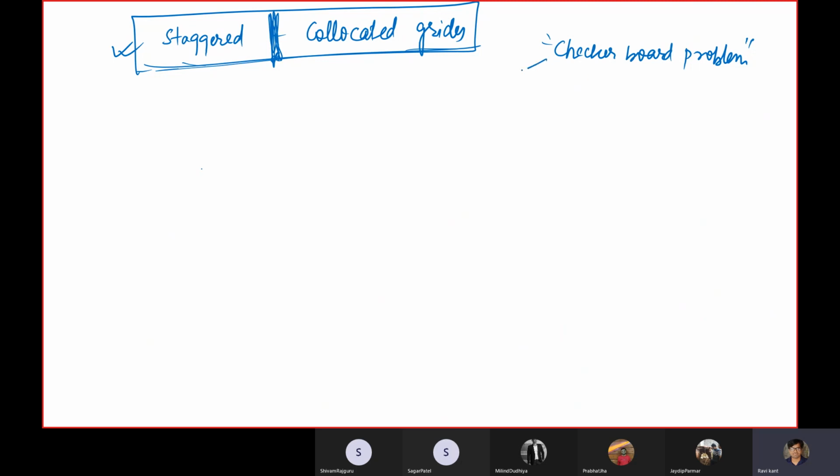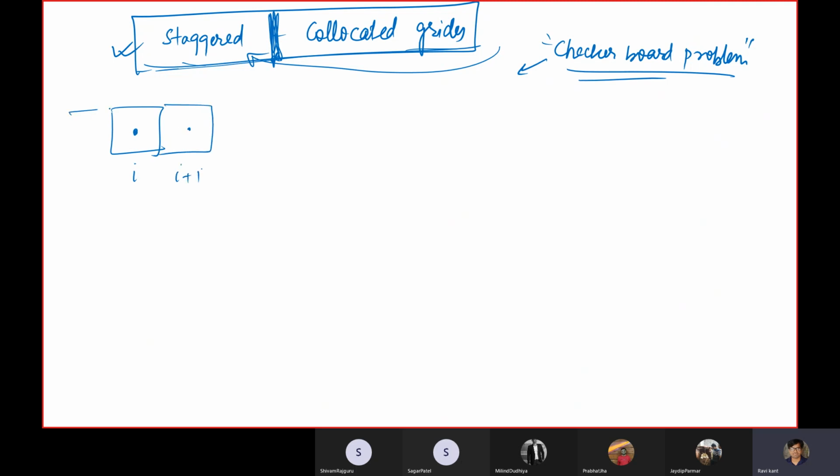Okay, so let me talk more about, first talk about the checkerboard problem. Then we will go, because of this problem, we started making staggered grid configuration. So a staggered grid configuration is something that we are going to, let's suppose this is your control volume, and this is your ith control volume, this is your I plus 1 control volume, and this is your I minus 1 control volume. So the pressures are usually,